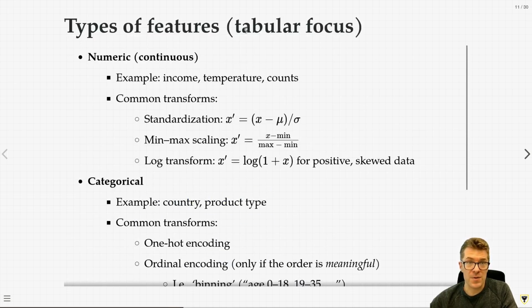So here's the types of features. This is a kind of a tabular focus. This is back to kind of how we've been talking about machine learning so far. Income, temperature, counts, these are all kind of standard inputs. We've been calling them X so far. We can